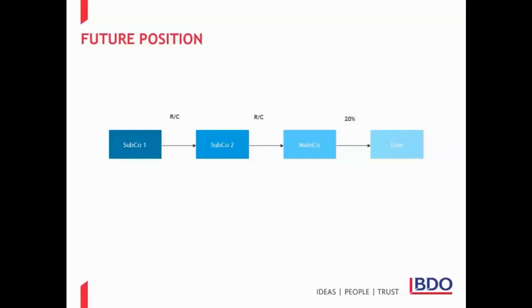Since the developer is the end user, a term we'll discuss later, it will provide the main contractor with a written confirmation of its end user status. This will enable the main contractor to then charge, say, £1,000 plus VAT for its services to the developer and raise an invoice to the developer for £1,000 plus VAT. The main contractor will declare the £200 VAT as output tax to HMRC on its VAT return for the relevant period, as it would have before, and assuming that developer is entitled to full VAT recovery on its costs, developer will in turn recover the £200 as input tax on its VAT return for the relevant period.